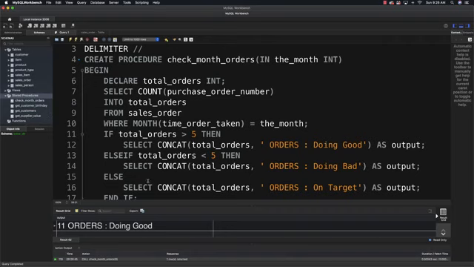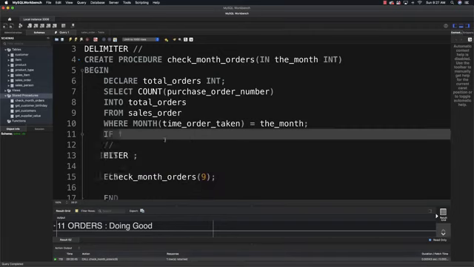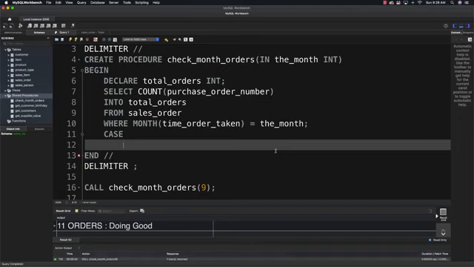And there it is. And now let's go and do another one where we're basically going to do everything we did here, except we're going to use case. All right, so basically everything is exactly the same, except we're going to use case in this situation. And basically case is going to execute different code depending on an exact value for total orders or a range of values. So we're going to say case and then follow that up with when total orders is less than